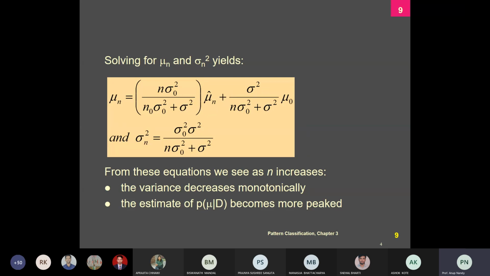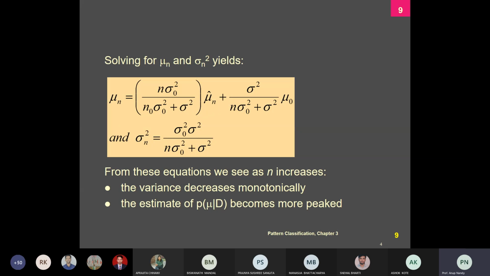Now this information is combined with the empirical information of your posterior density function. As I already told you, mu naught and sigma naught were used, one for computing the best guess for mu, and sigma naught as the measure of uncertainty for that guess. Now mu n represents our best guess for mu after observing n samples, and sigma n square measures our uncertainty about the guess. That is the main concept.